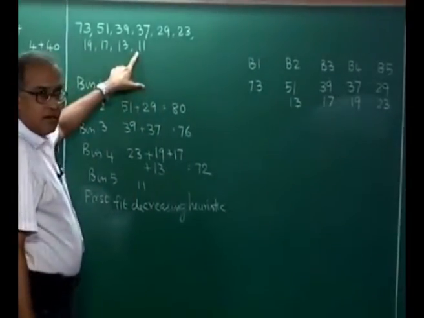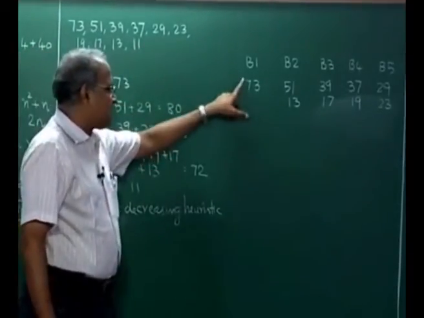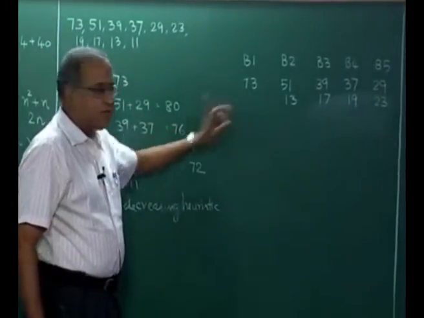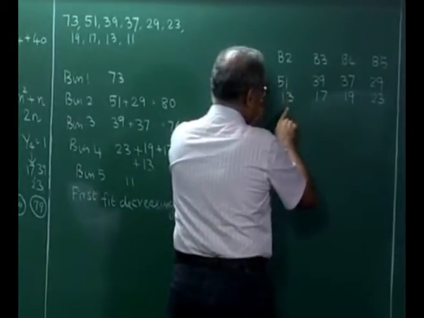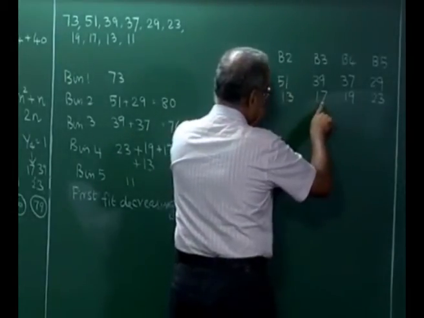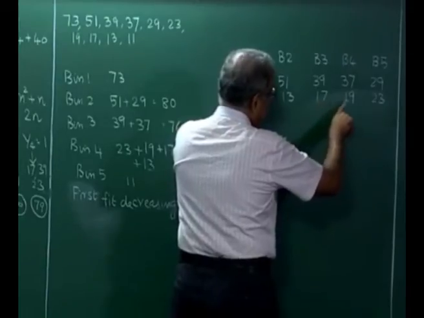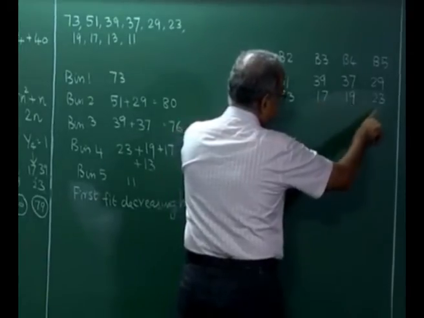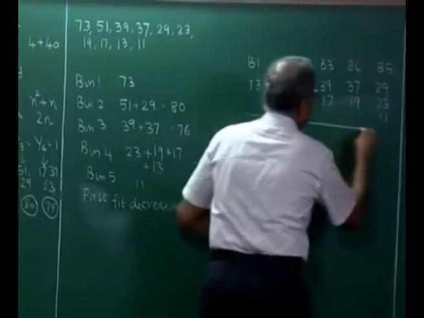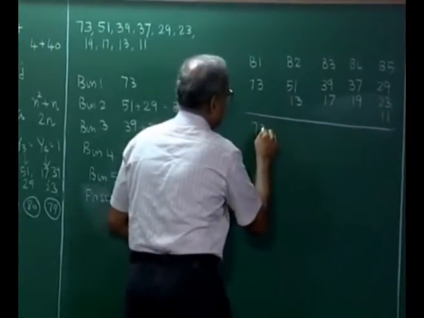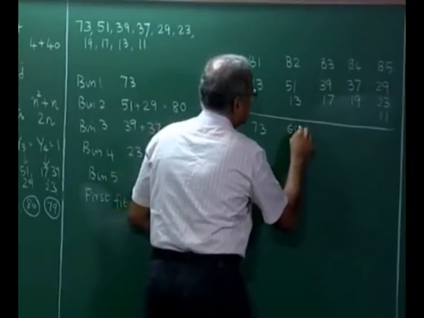Now this 11 cannot come here, because 73 plus 11 is 84. Now we check this is 64, so this can take that 11, this is 56, this is also 56, this is 52, so this will finally take that 11,